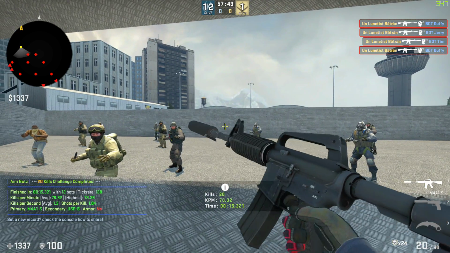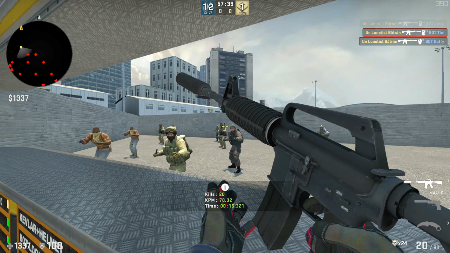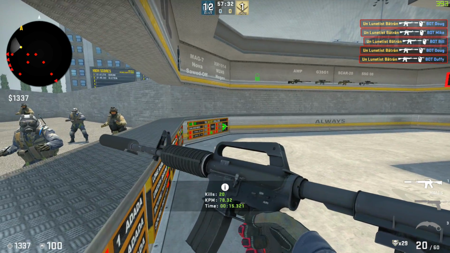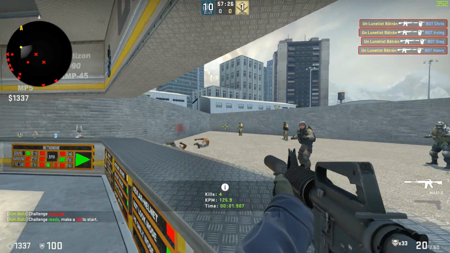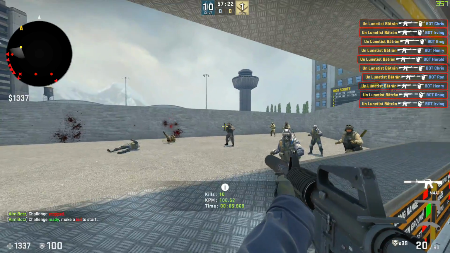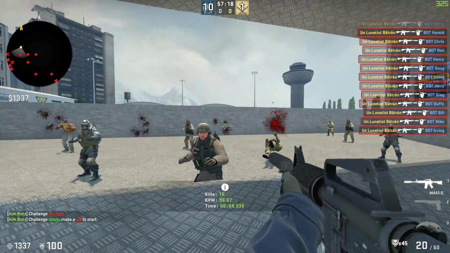Simply press your inspect weapon key, F by default, and that's going to clear the decal. So every time I do the 20 kills, I press F and I'm good to go. If you're interested in getting better at CSGO, I want you to do this exercise at least 5 times and figure out the best time you can do on your first day without any warm-up